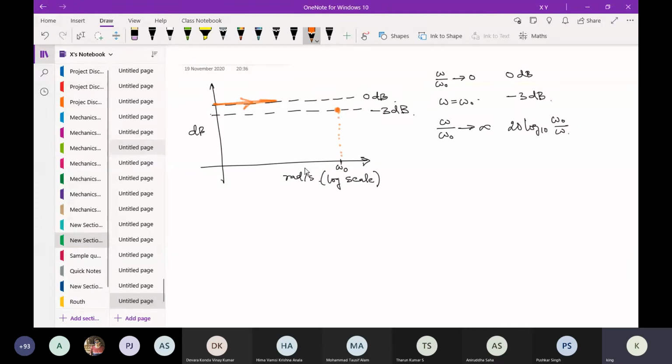If you consider that both the sides are in a log scale, then the graph will be a straight line on this plot, and